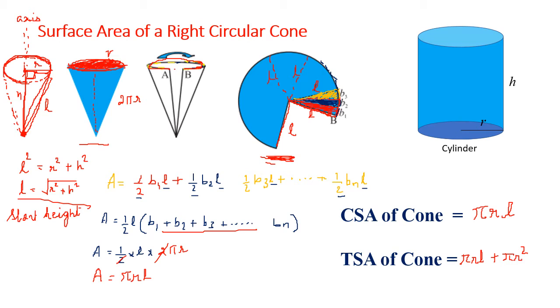So these are the two formulae we have for the day. Curved surface area of a cone is pi r L. So learn this formula, it is pi r L. See how to find the L. And TSA is pi r L plus pi r square. So learn these formulae well, and now let us start with the sums.